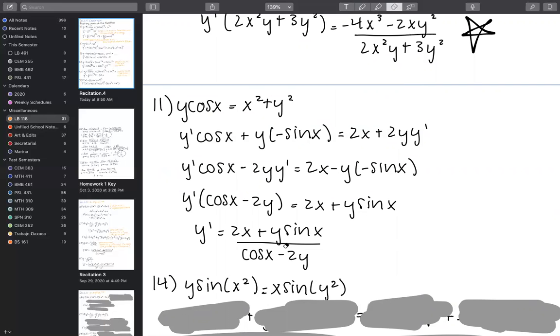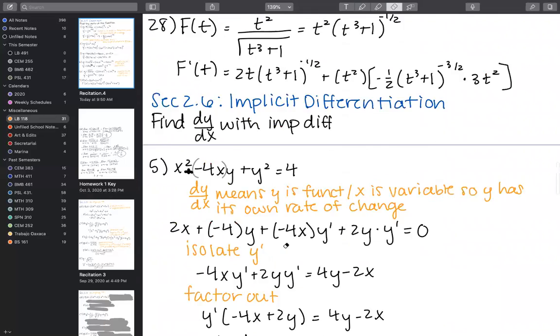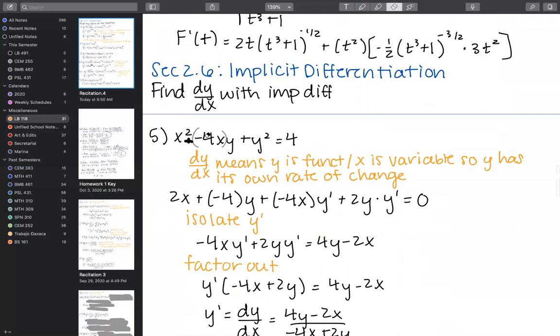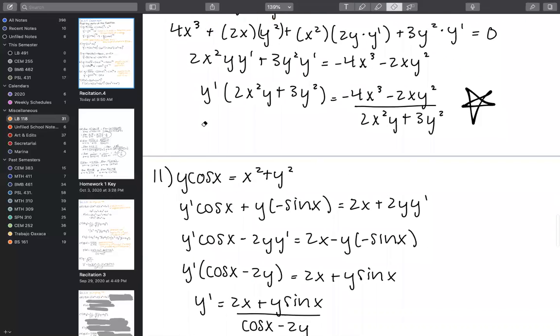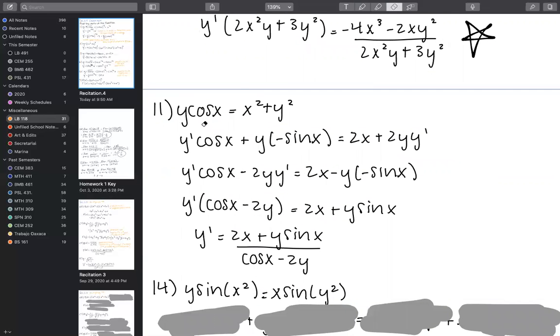And I do want to make mention again of the fact that if you have a constant out in front of an x and a y, you could technically put the y with the 4, and you could treat 4 as a part of the derivative of y. I just think it shakes out to be simpler because the derivative of the simple variable x, in this case, negative 4x, is just going to be negative 4. But again, these problems are really just breaking it down into their parts and plugging and chugging using the skills that you've learned so far.